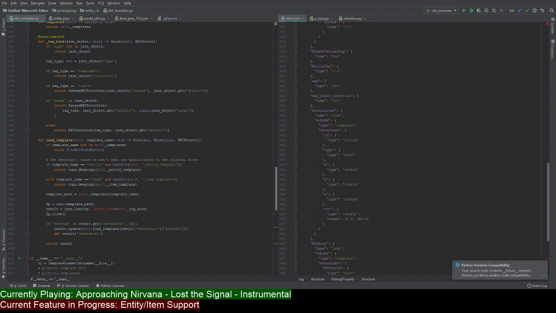Are the JSONs you created the Amulet entities, or are they a specific version? So what I'm currently writing up are what would be Java 1.13 definitions, or at least that's what I believe they are. I'm just going off of what the wiki page says for the most part, since there's no real